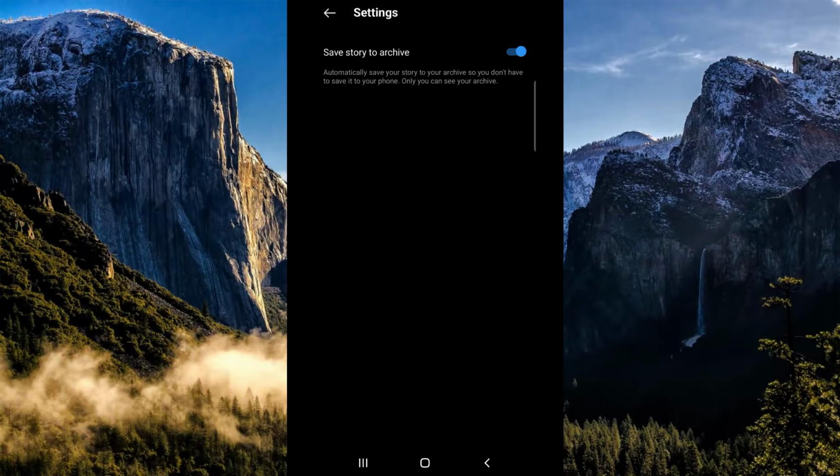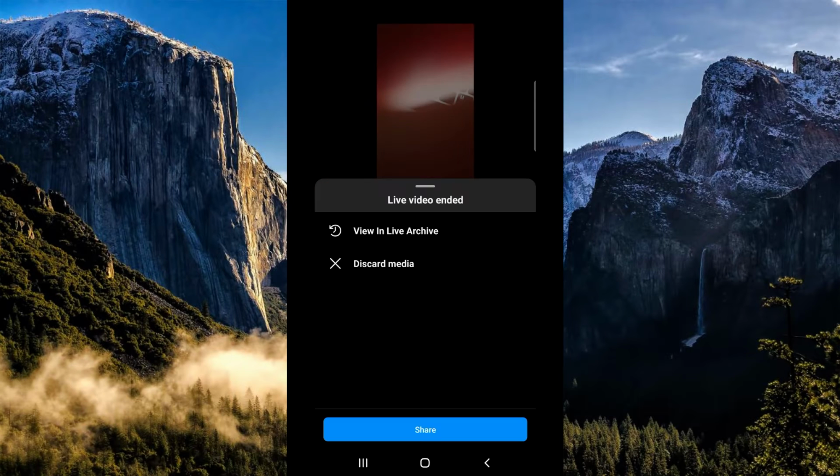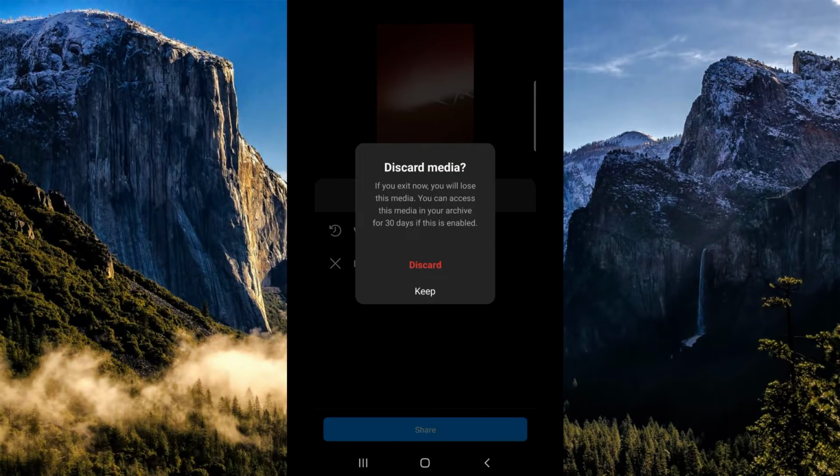So in your settings, you can save to archive by enabling it. Okay, now once done, we're going to discard the media afterwards. Click on discard,